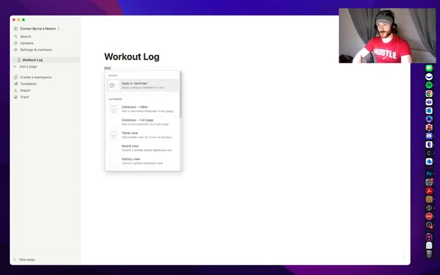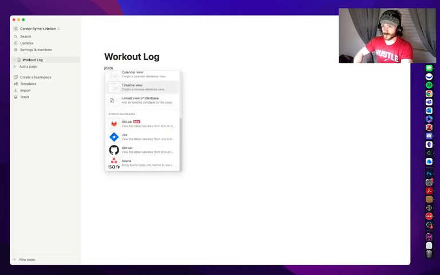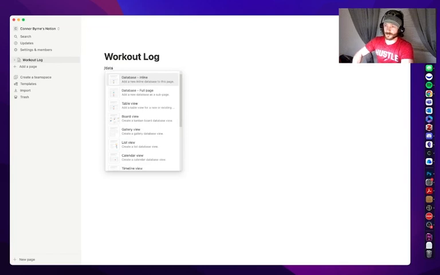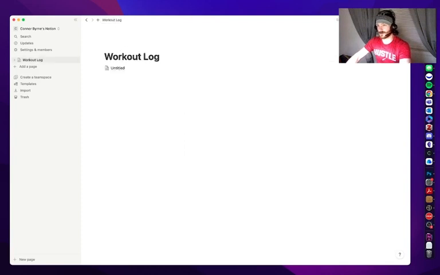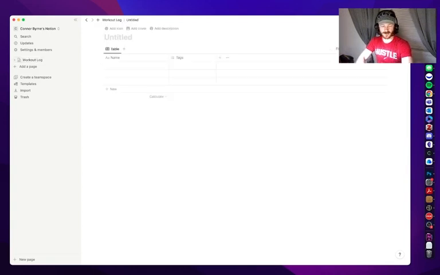and we want to build a database that is full page because we're trying to go into this workout log and then we're saying to ourselves, okay, this is like entering the gym. You might not enter the gym and see everything all at once, but to actually get down to the micro, you actually have to walk there. So we'll consider going into the workout log like getting into a specific area of the gym. So with that headspace in mind, we're going to actually build this as the all workouts